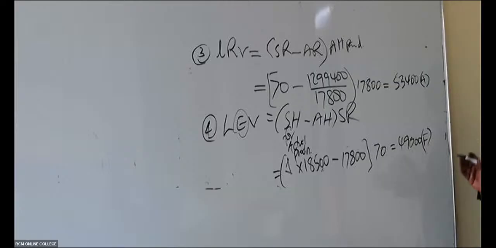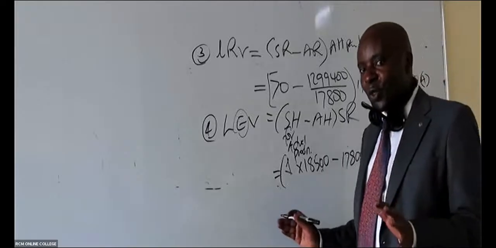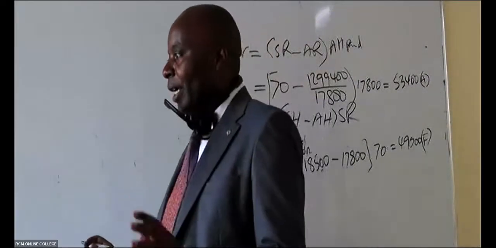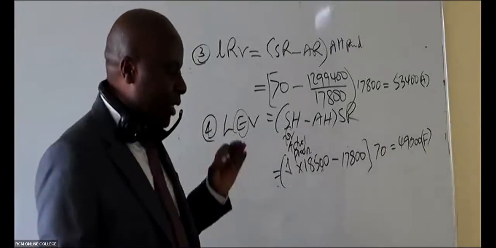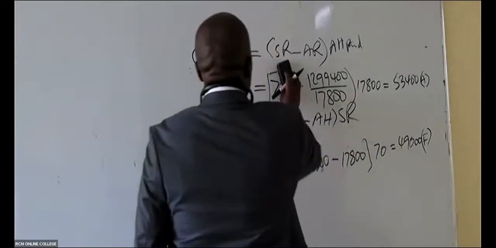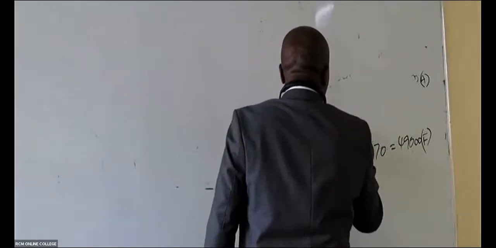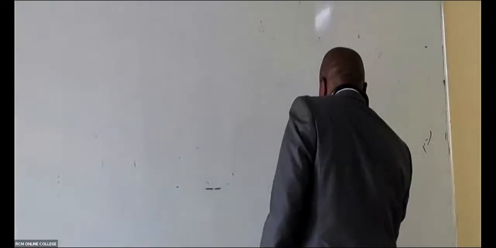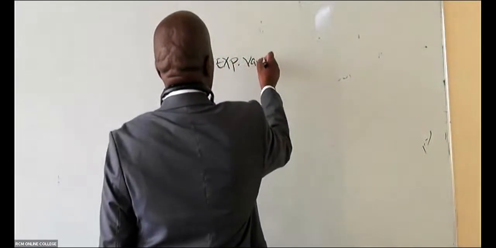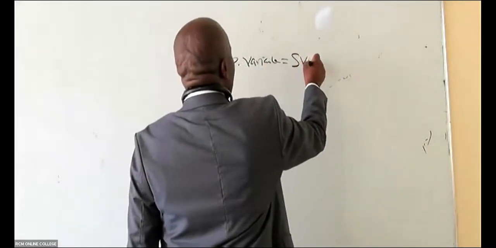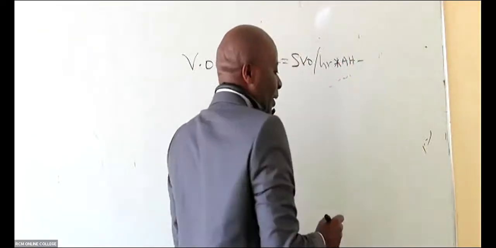Now we are on to variance number 5. Variance number 5 will be touching on the variable overheads. I love variable overheads, especially there is one called variable overhead expenditure variance. I love it, and I'll tell you why. So for the variable overhead expenditure variance, we take the standard variable overheads per hour times actual hours minus that